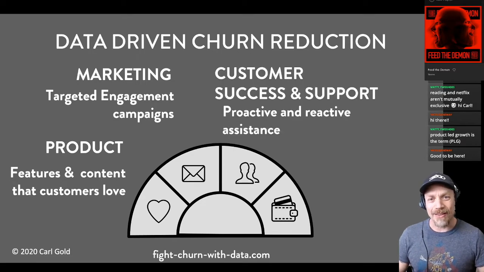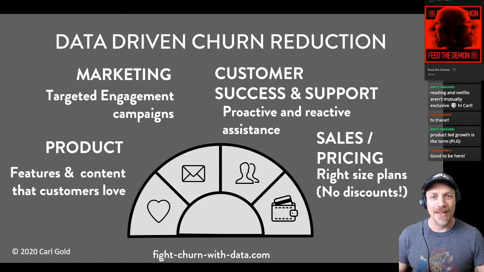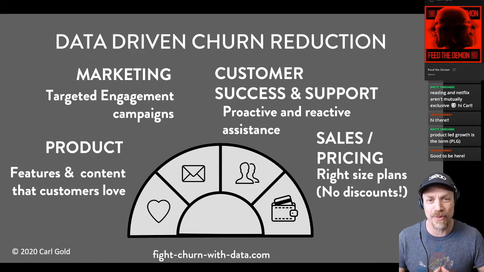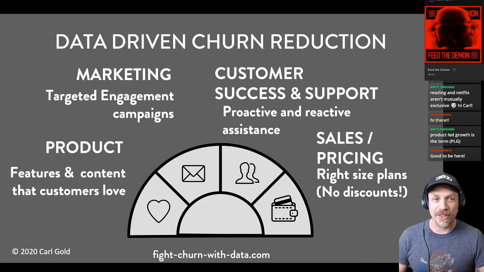All right, also customer success and support. You're going to use the data to figure out who's failing on your product and reach out to them. And lastly, sales and pricing. So you don't actually want to give out discounts to reduce churn. You want to have a tiered pricing plan, like a basic, standard, and premier tier, so that people who use your product different amounts can still get value, but without you giving out discounts, because that undermines your pricing structure. Whew, okay, I think that's all the background.